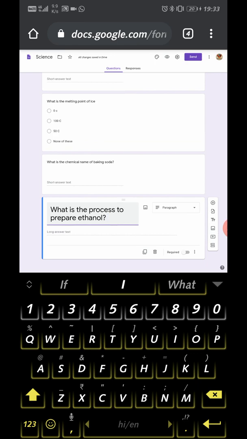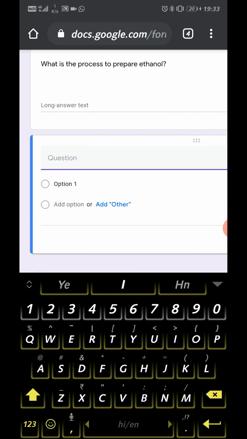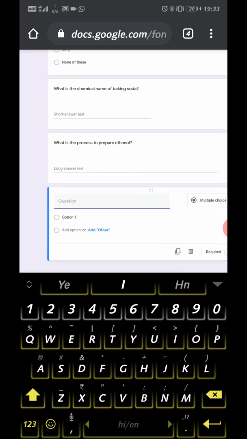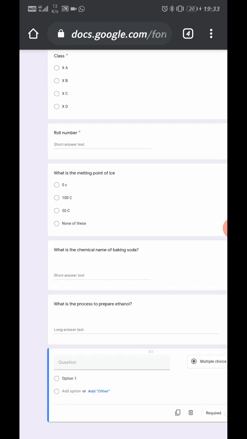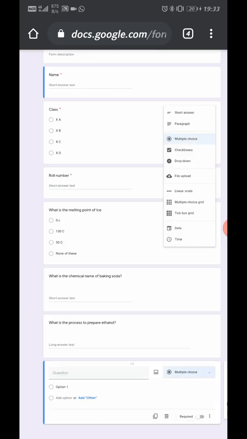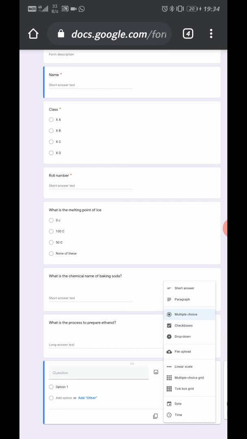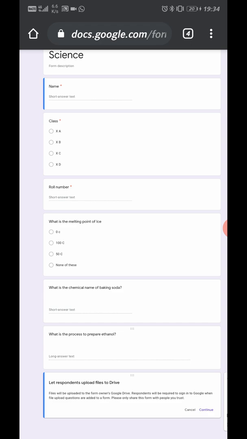Now if we want to add another question, like in this question, if students want to add a picture, like if it is a derivation from physics, so first of all we'll change the type of question and choose file upload.